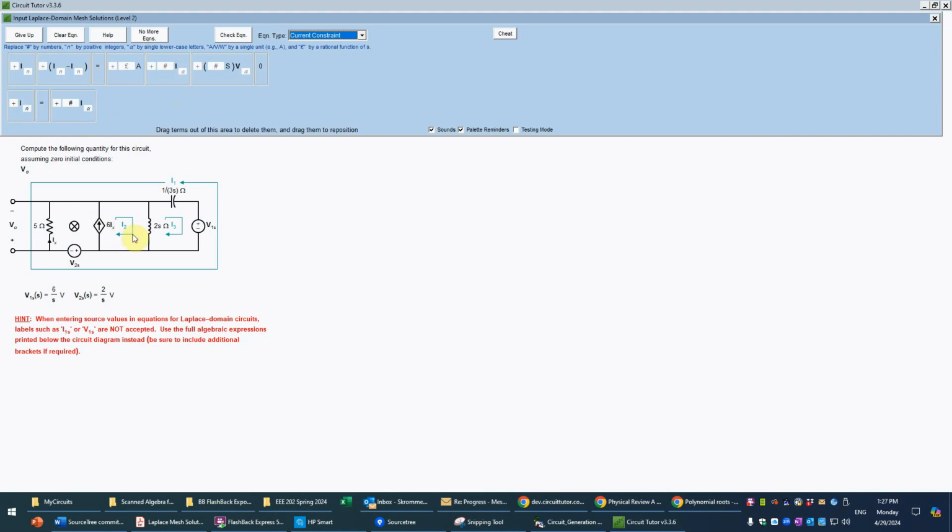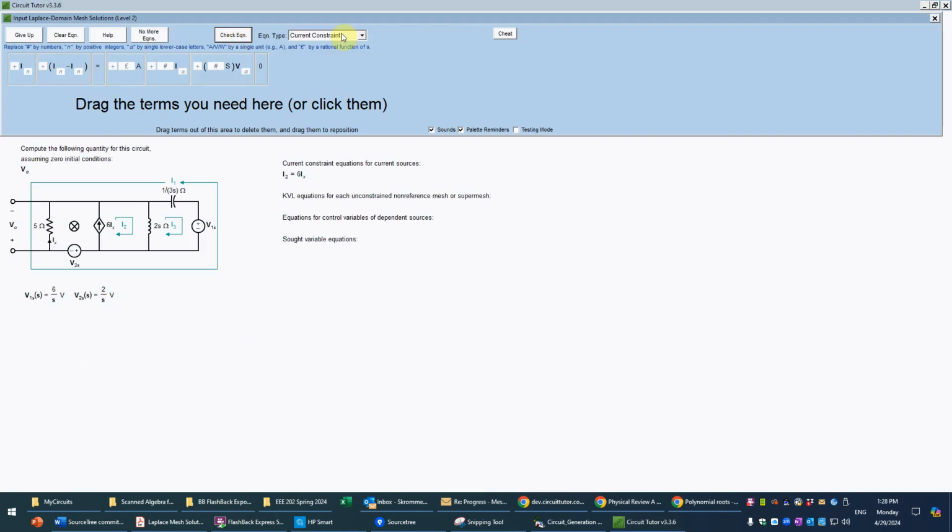And so the I2 is in the same direction as that, so we'll have I2 here, and then this will be a plus sign because they're in the same direction as opposed to opposite directions. And here we'll have the gain, which is dimensionless, the 6 amps per amps, if you will. And then the alpha gets replaced by the control variable subscript, which is x. So we check that one now,